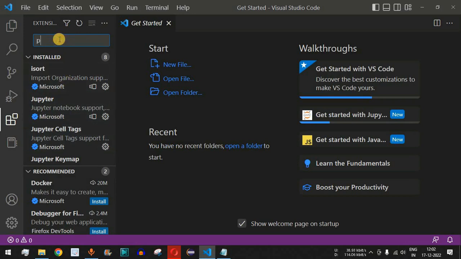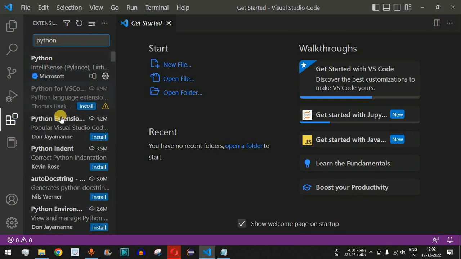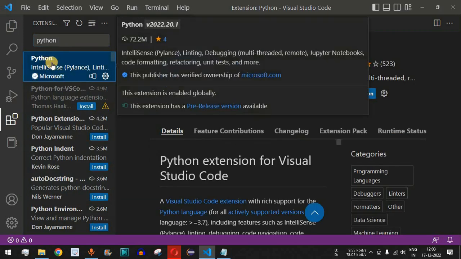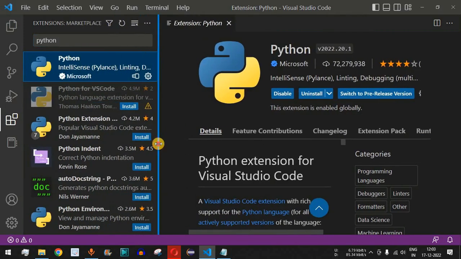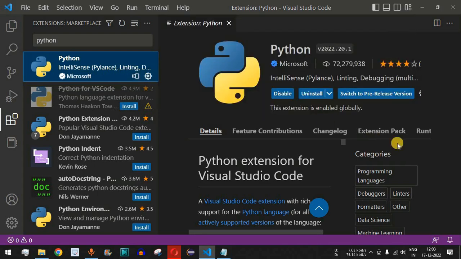So over here in the search bar, you are supposed to type Python. So once you type Python, there will be list of extensions that will be available for you. So guys, this is the extension that you have to install over here. So as you can see, Python, IntelliSense, Pylance, and this is the description that you can see on the right hand side. So since I have already installed this Python extension on this Visual Studio Code, I am getting this uninstall button, but you will be getting the install button over here if you have not already installed this particular